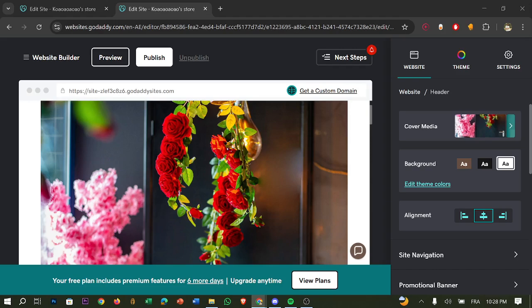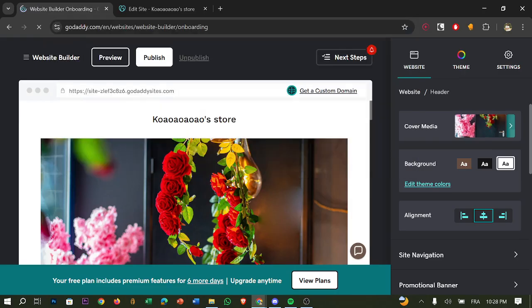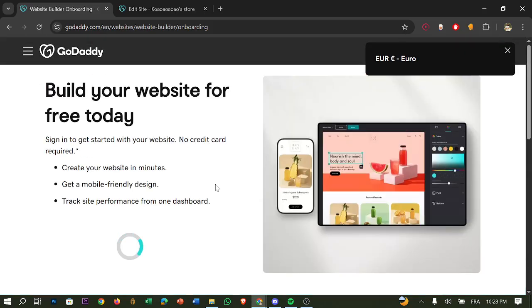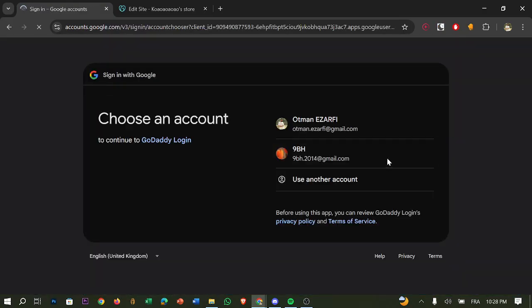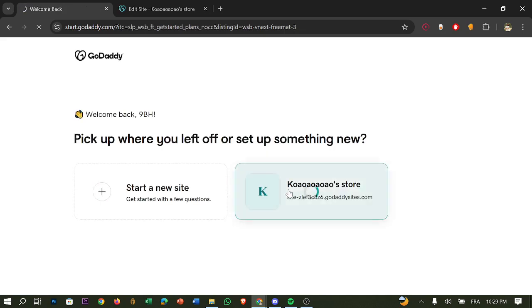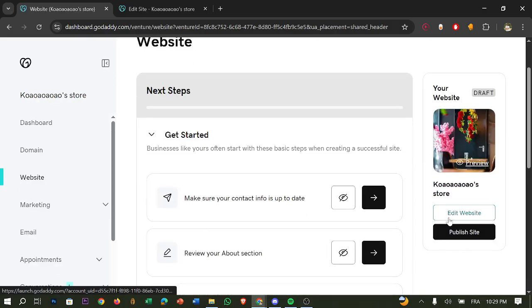So first thing you have to do is to log into GoDaddy. You have to be on the account, your main account. After you sign into your account, you have to click Edit Website. Now we are in the account. Choose the store or website that you edited before or have created. So tap website, go to Edit Website, tap it,